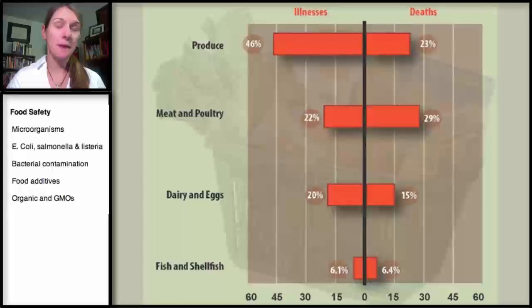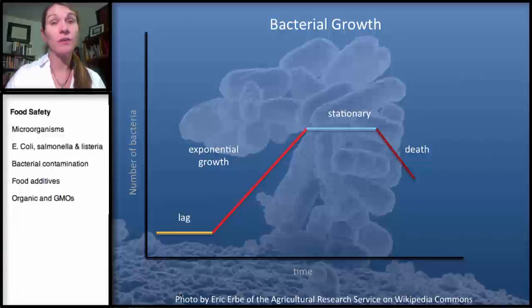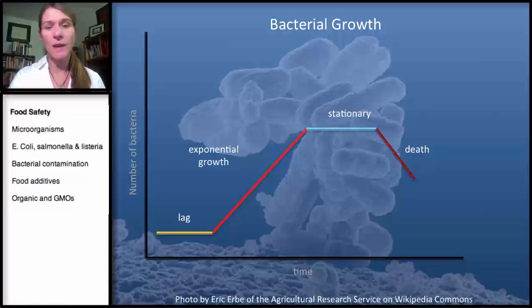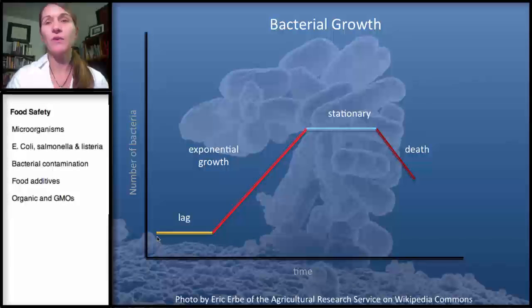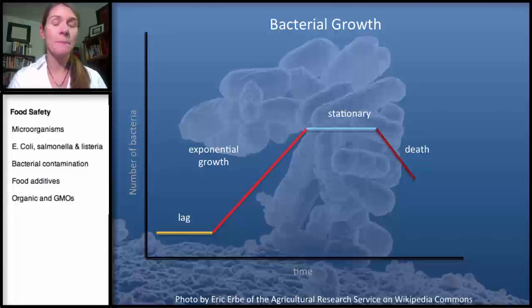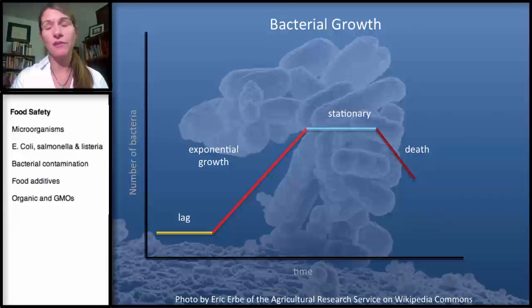And I want to talk a little bit about bacterial growth, because you'll see how it pertains to manufacturers, distributors, and consumers like ourselves. When you look at this graph, the number of bacteria is shown here on the left, and the amount of time is shown down here on the x-axis. Initially, let's just say you have a few bacteria on a piece of meat, and it's in packaging. It was just packaged, it's sent out, it's going to be at the grocery store, and then you'll pick it up. Well, there's a lag phase. When the bacteria get into the meat, they first have to adjust to their environment, and that's called their lag phase.